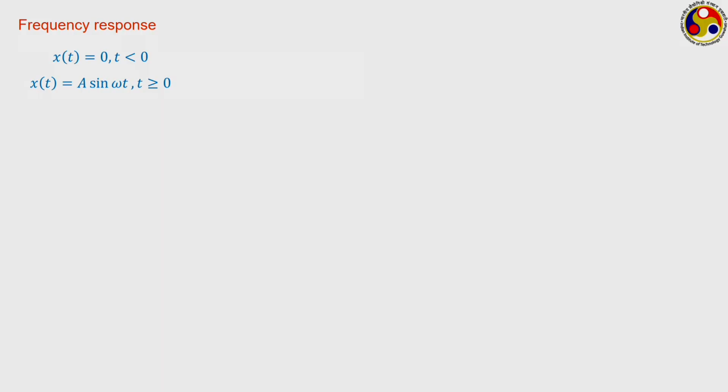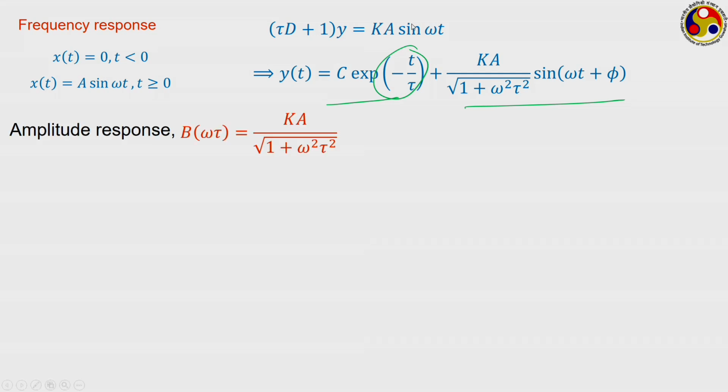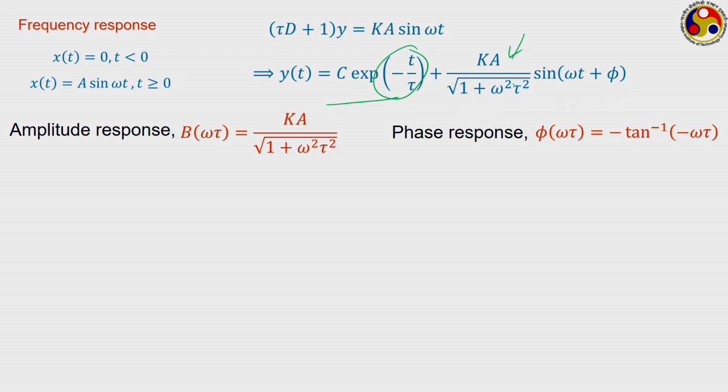And the final one that we have regarding the first order system is the frequency response, when we are subjecting the system to some kind of periodic inputs. So this is the periodic input, correspondingly we are solving the conservation equation, and I am not going for the detailed solution, we are getting two parts. We have an exponential part and a periodic part. The exponential part, seeing from the nature, you can clearly see that as t keeps on increasing, this goes to 0. So our interest is only the periodic part. Here this particular quantity is referred to as the amplitude response and the other part is referred to as the phase response, and accordingly this part we often represent as